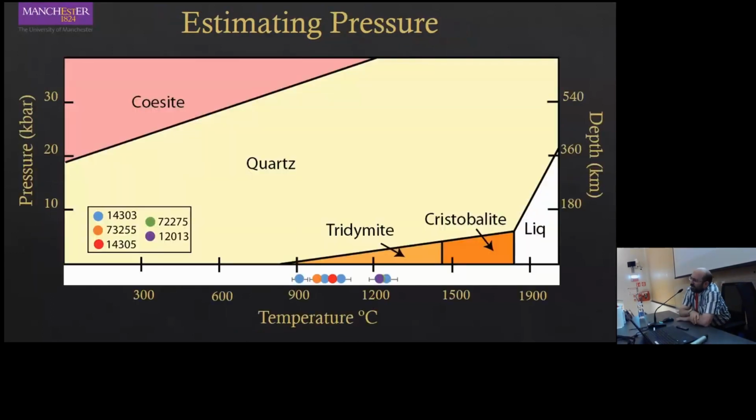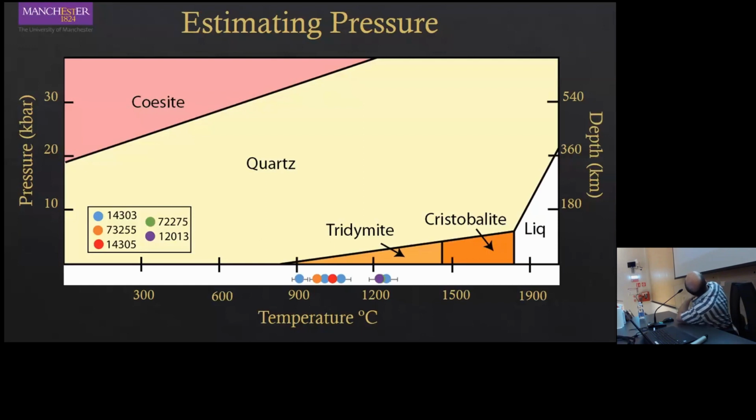Pressures, however, turns out to be a bit more complicated. So really our only option in terms of the mineralogy to estimate pressure is using the titanium in quartz barometer. So this is a phase diagram of different SiO2 polymorphs, and at the temperature range of our samples, which are